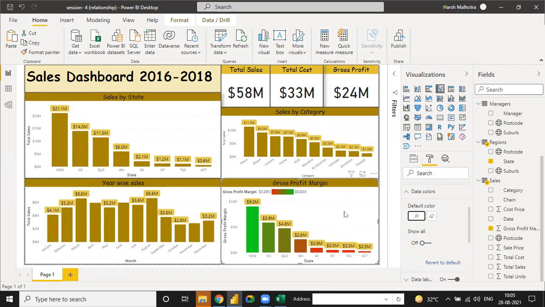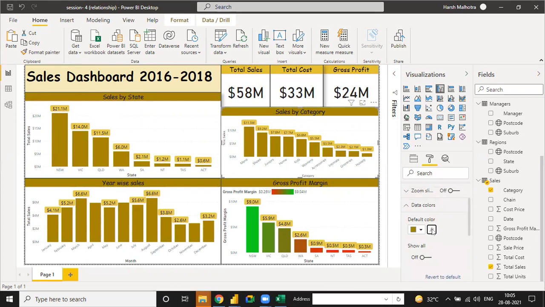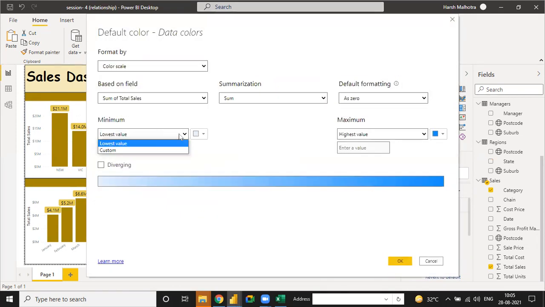This kind of analysis is used in companies, and sales by category also has this kind of chart, as well as forex. The lowest value means custom, enter the value.